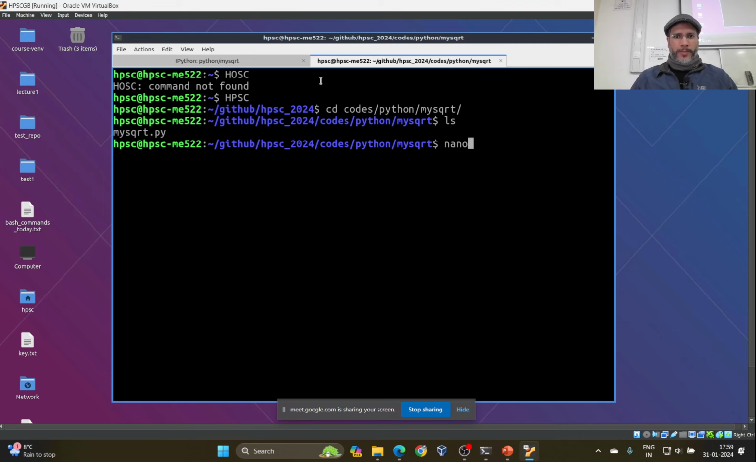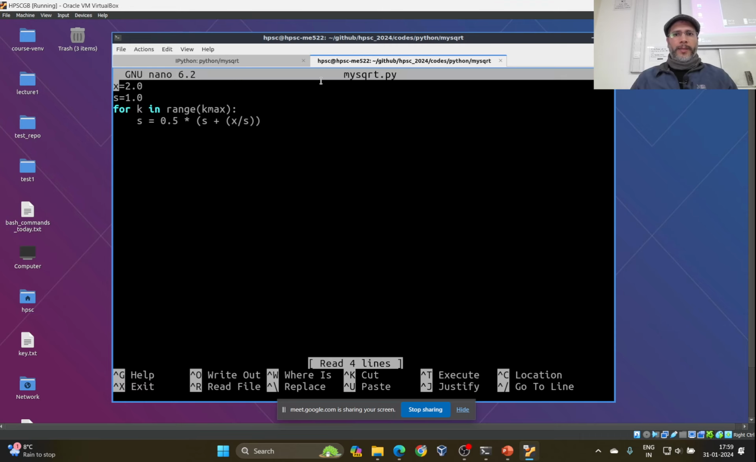Let's use Nano for editing. So what I am doing is I have set the value of x. For those who were not there last time, what we are doing here is simply setting up a first guess for the value of s, which is going to store the value of the square root of x. So x is 2 here, so we are trying to find the square root of 2, and we start with an initial guess of the square root equal to 1,